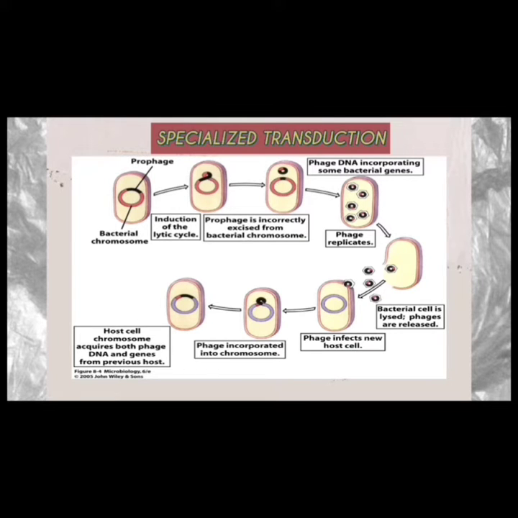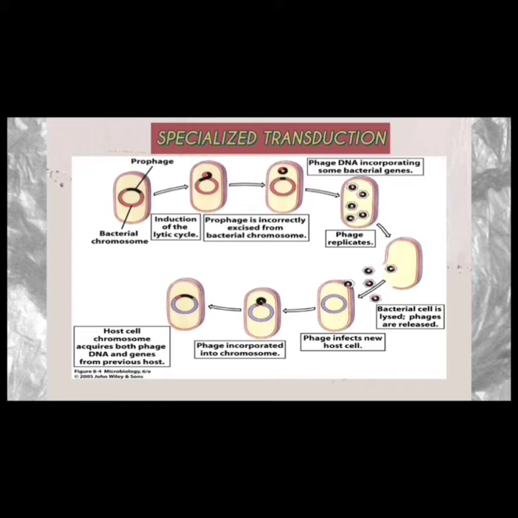For specialized transduction, first, the bacteriophage attacks the bacterial cell, or donor cell. Then, the genetic material of the bacteriophage will penetrate the bacterial chromosome. The phage DNA will incorporate within the bacterial DNA, and then it will start the replication cycle. The phage DNA then takes control over the cell machinery of the bacteria. This causes the assembly of the bacteriophage that consists of both phage and donor's DNA. After that, UV light induces cell lysis and results in the release of lysogen. Then, the bacteriophage attacks the other bacterial cell and the cycle will continue.